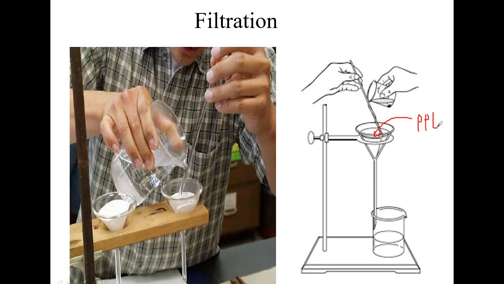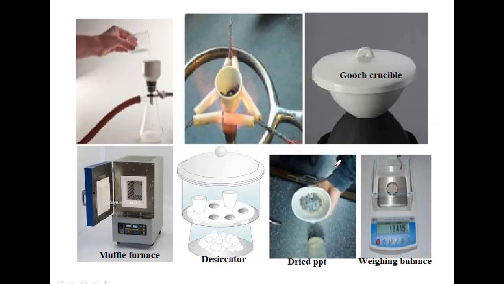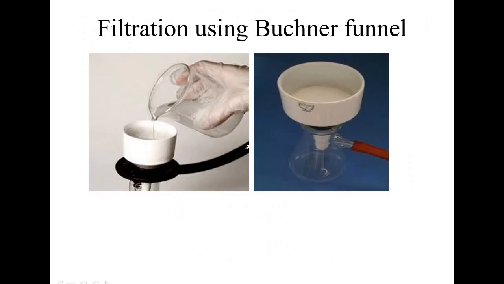It needs to be washed several times with distilled water, and the washings are to be tested for chloride ions. It has to be absolutely free from chloride ions. After that, this filtration can also be done using a Buchner funnel. It is called vacuum filtration. Effective filtration can be carried out even by this method. The earlier method is comparatively slower, but in this method filtration takes place quite quickly.